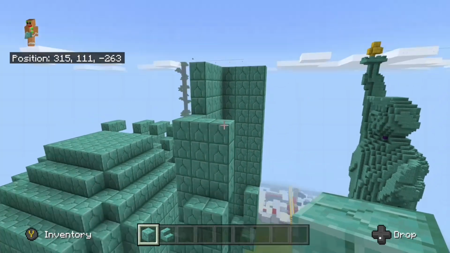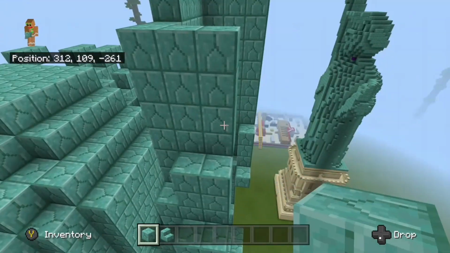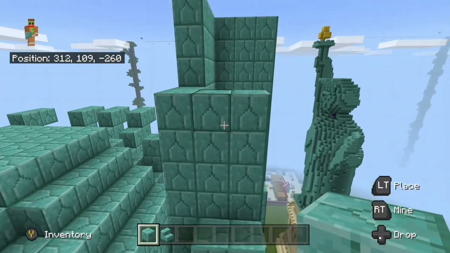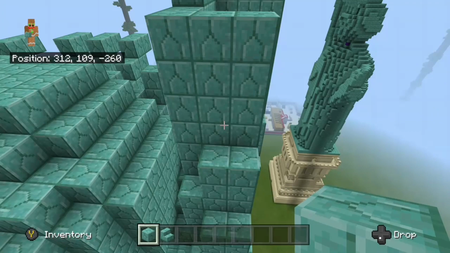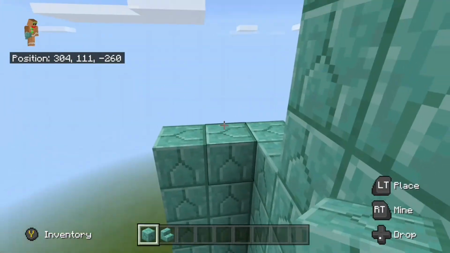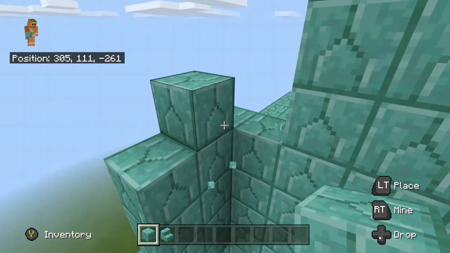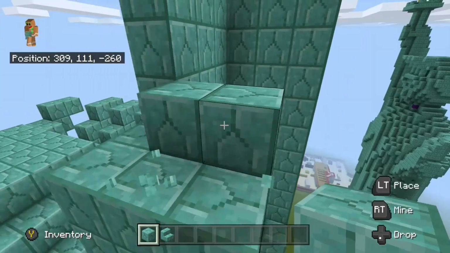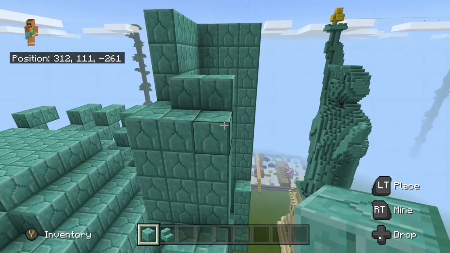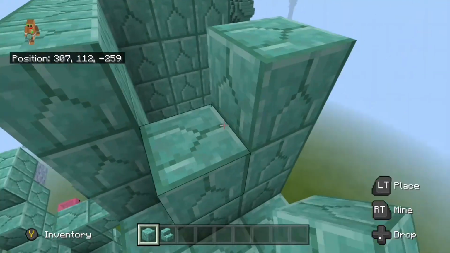Alright, and once you've done that, come over here to the back, and right here there should be 3 blocks right here at the top. And come over here to the right side and these 2 blocks, and place another 2 right behind them like this, and place another 2 on top of them and another 2,